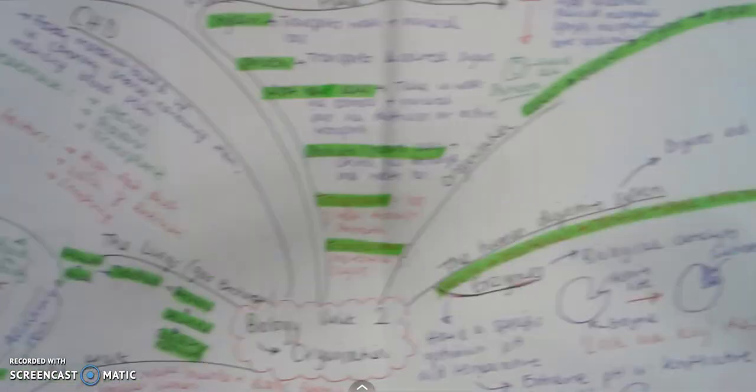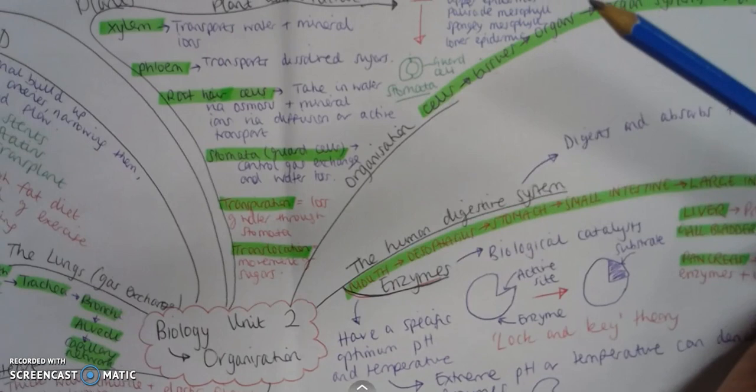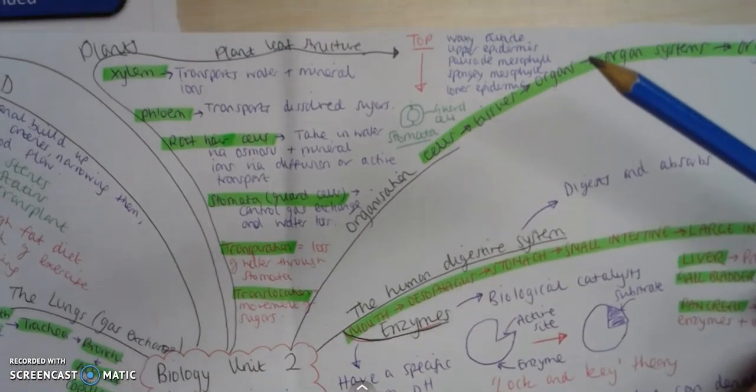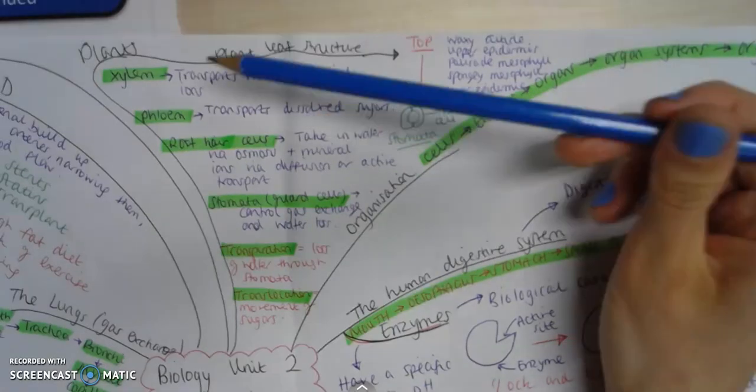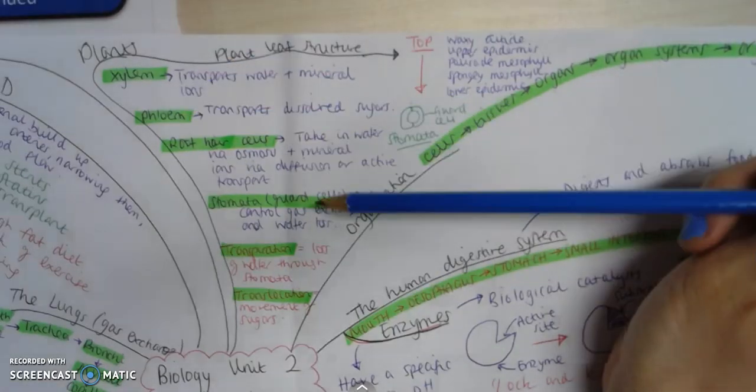Very final part then for this one, we've got the plants. So we need to know the structure of the plant leaf, and the following things: the xylem, the phloem, the root hair cells, the stomata, transpiration and